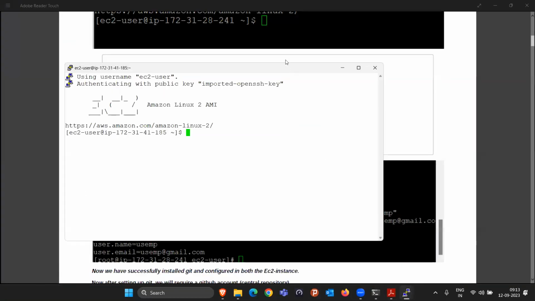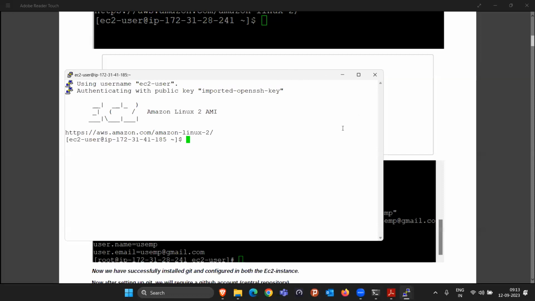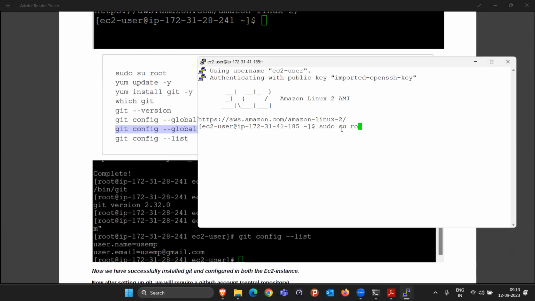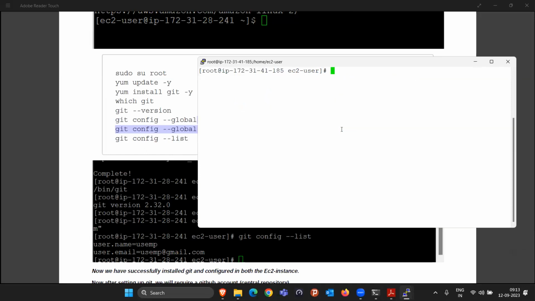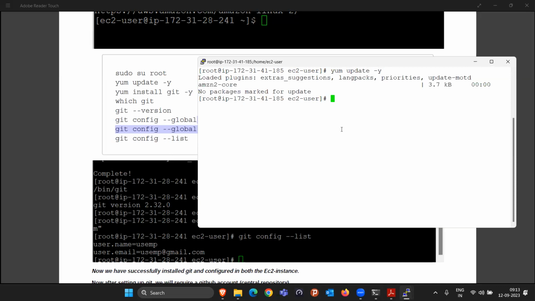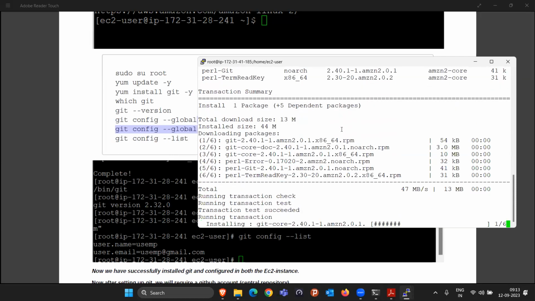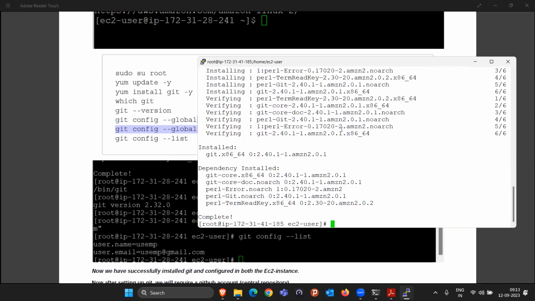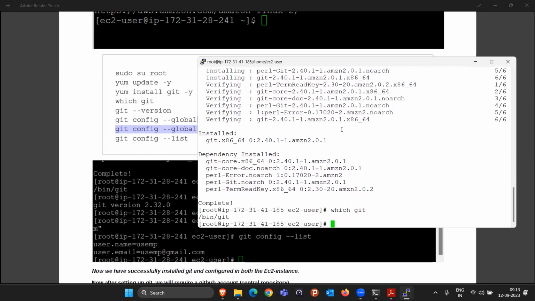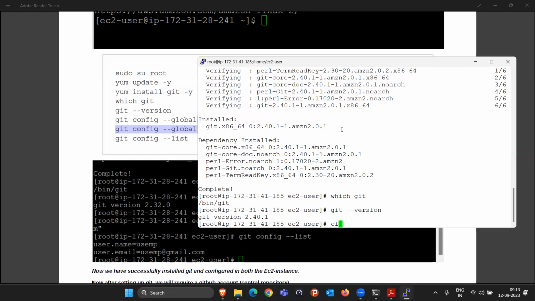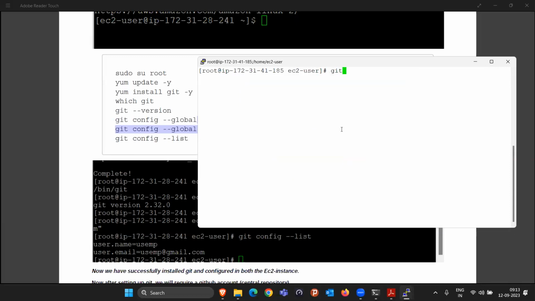Exactly the same way. First become the root user. After becoming the root user, check for any update. To install Git, and to check whether Git is successfully installed or not. Then we have to set the configuration. Okay, so git config --global